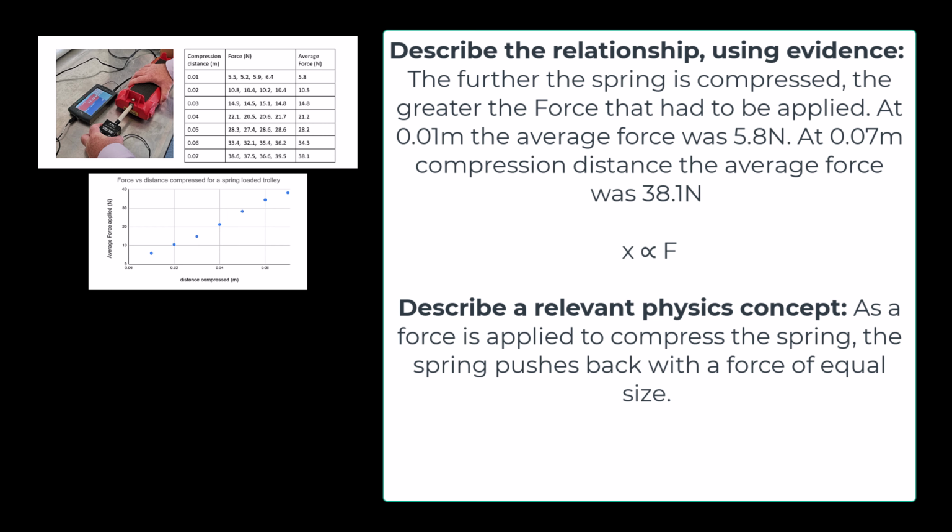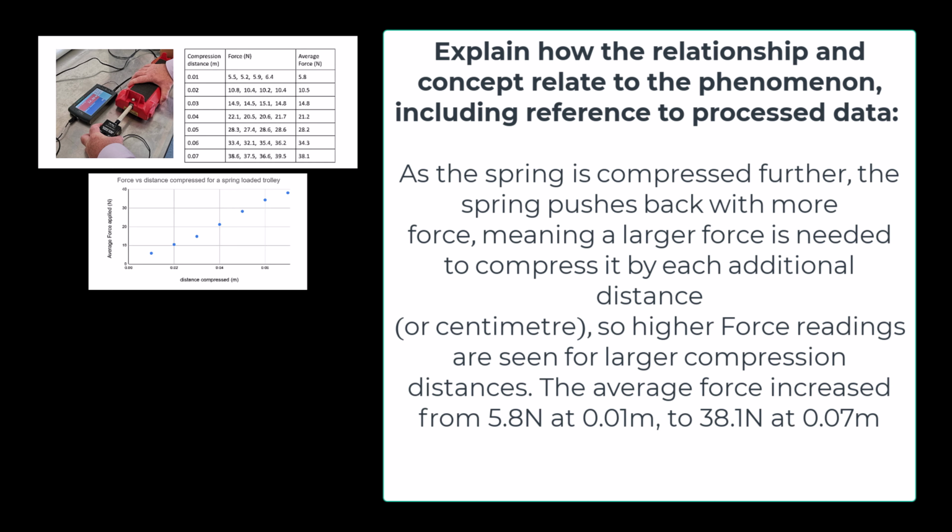Moving into what a merit response would look like, we now have to explain how the relationship and the concept relate to the phenomenon, including reference to processed data. So again, you've got to be using processed data at this stage in your answer. As the spring is compressed further, the spring pushes back with more force, meaning a larger force is needed to compress it by each additional distance. So higher force readings are seen for larger compression distances. The average force increased from 5.8 newtons at 0.01 meters to 38.1 newtons at 0.07 meters. Hopefully this gives you an idea of what a bare minimum, low merit response might look like